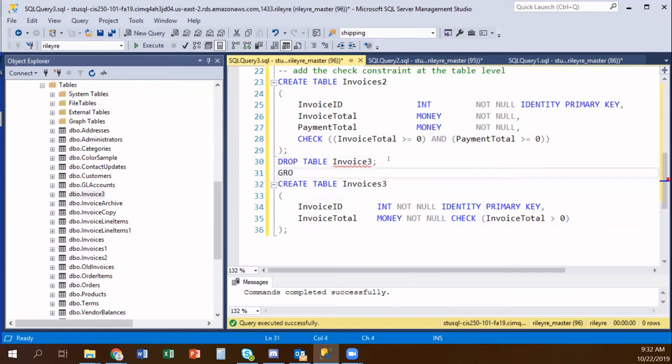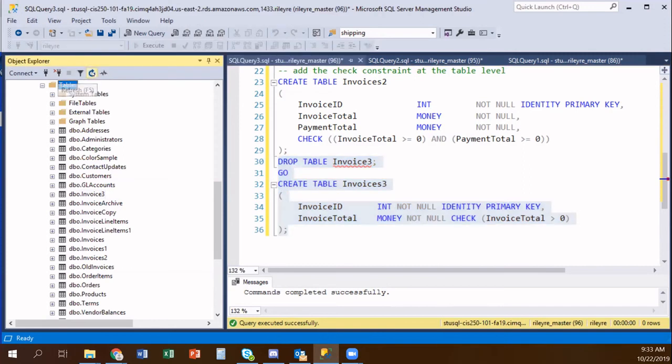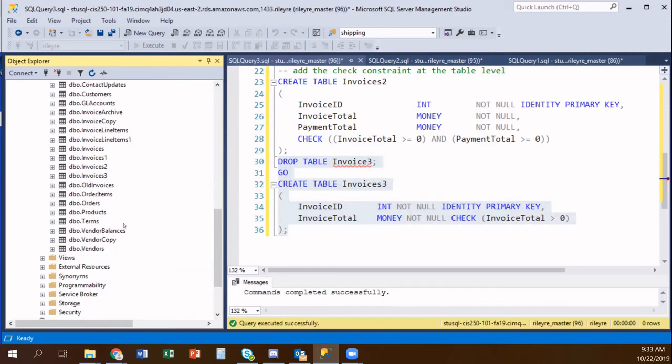Now after my drop, I'm going to have to put a go keyword because I want that to be executed before my next command. And try to run it. See if that's better. Ah, fixed it. Now, because we have all of these different column commands whenever we're creating tables, usually everybody just drops the table and recreates it when they have some sort of change to make like that. It's just easier than trying to redo it with a